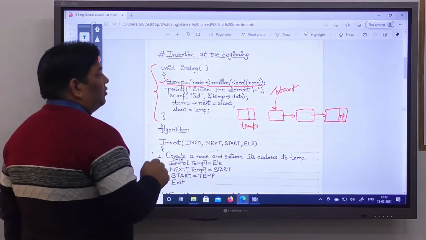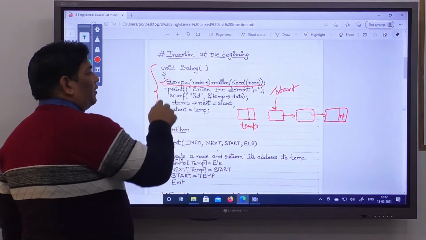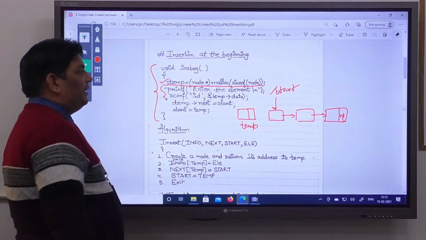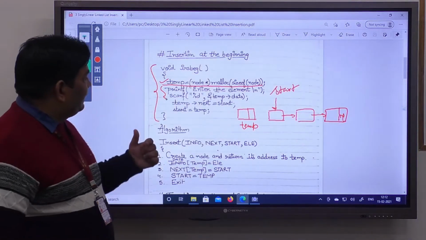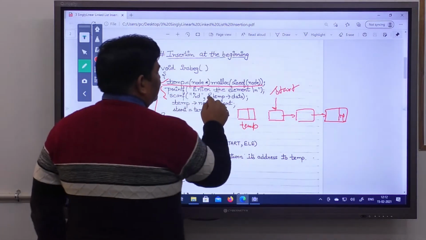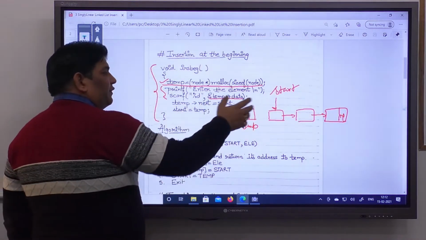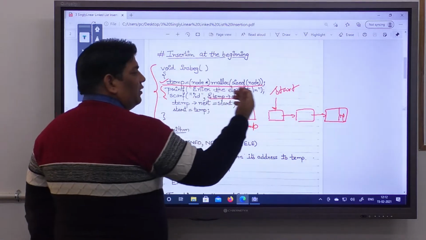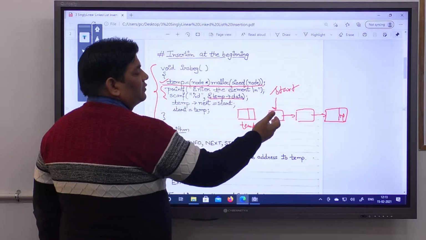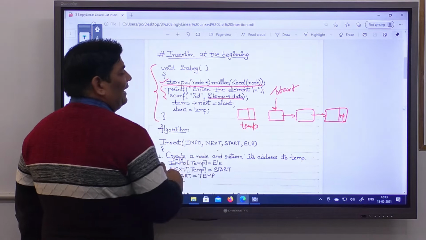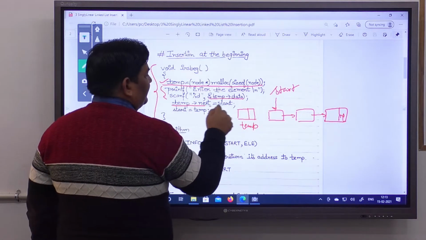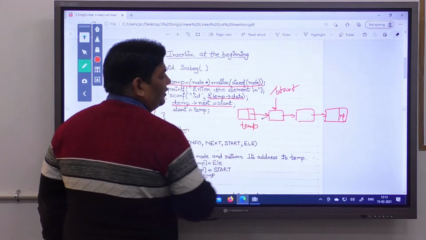Now in this node we have to take the data from the user with the help of this statement: printf enter the element, and we can take the data with the help of ampersand temp of data. Now this node becomes the first node in the linked list, so this node should point to the old first node. So we can say temp next equals start. This points to here.